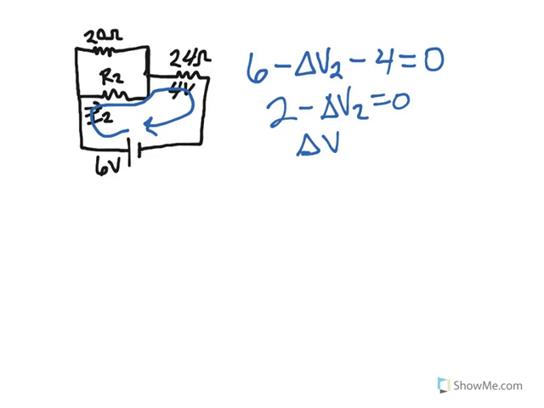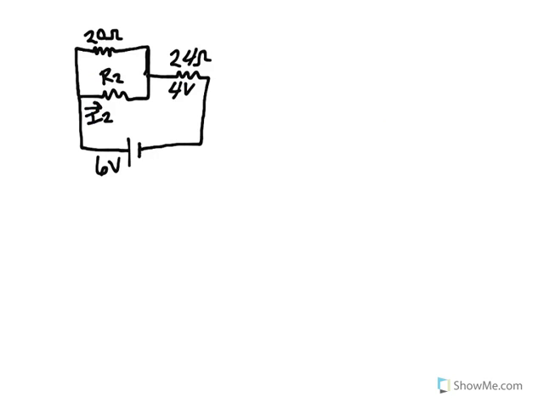So I know the potential drop across this resistor 2 is negative 2 volts. Now using what we know about parallel circuits, if the voltage drop across R2 is negative 2 volts, then I know the same potential must be across this 20 ohm resistor. And so if that's true,